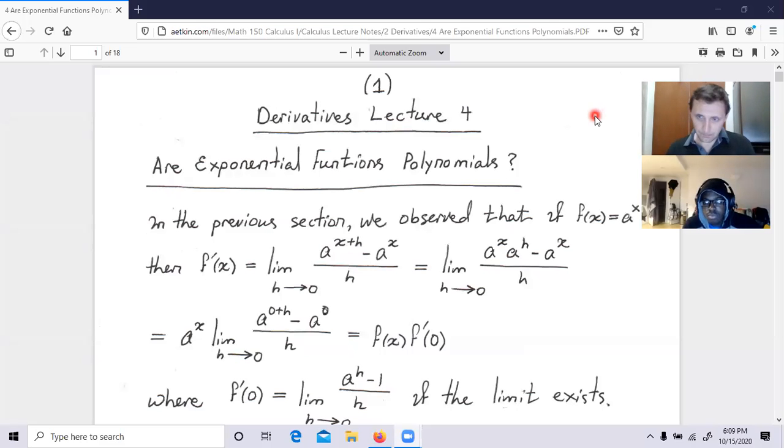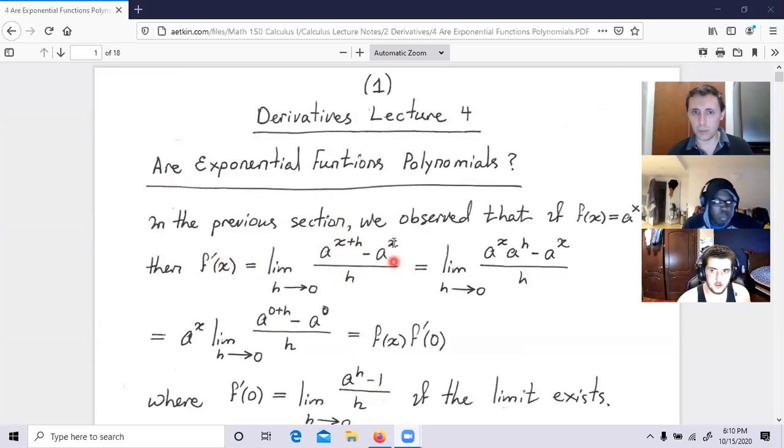Well, quick review of what happened last class. We attempted taking the derivative of exponential functions. Remember that? And look what happened. When we try to take the derivative of an exponential function at some point x, this is notation 2. This definition is what we used. And we used it because we believe in this,